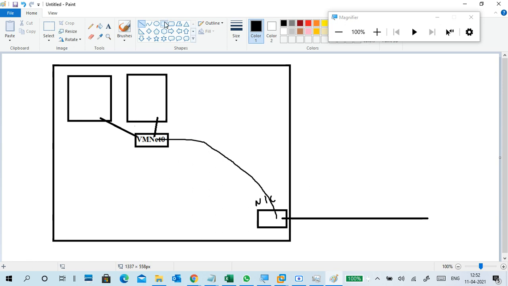You can access from the physical machine, like with PuTTY, and also you can access outside like the internet. So that is why we are connected to the external network for external communication.